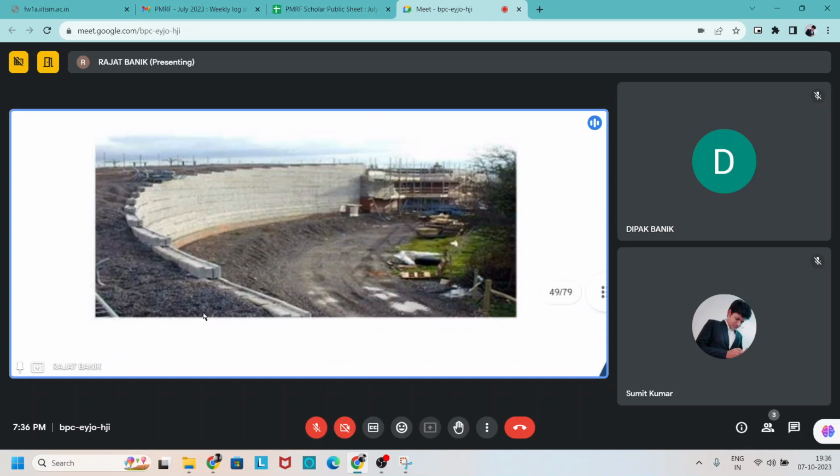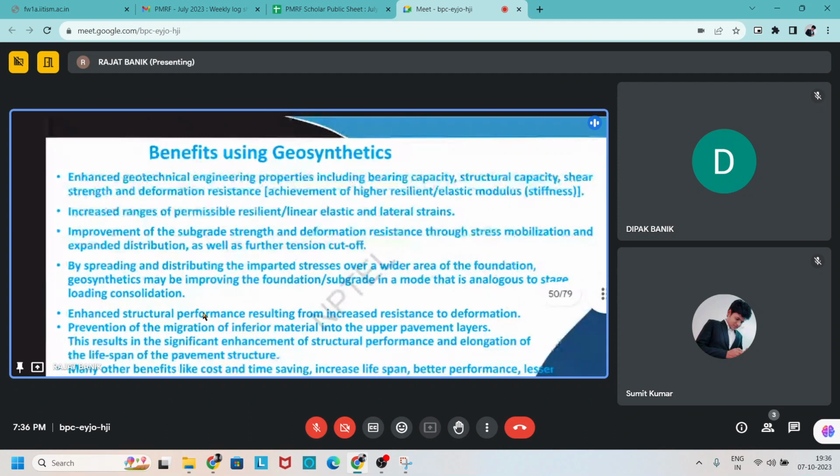Now we're discussing the benefits of using geosynthetics. What are the benefits while using geosynthetic material? It enhances the geotechnical properties, engineering properties, including bearing capacity, structural